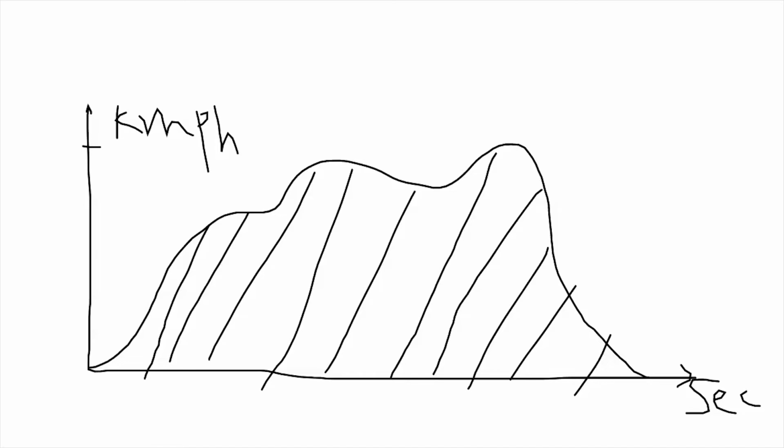It's not the work done, it's the distance, correct? It's not the acceleration, right? So when I integrate this, I'm going to basically get the kilometers, right? Kilometers per hour is multiplied by the time in seconds, and if you convert the seconds into hours, you will get the kilometers, right? So basically, you get the distance by just integrating this. This is simple mathematics. You will get the distance when you integrate the drive cycle.